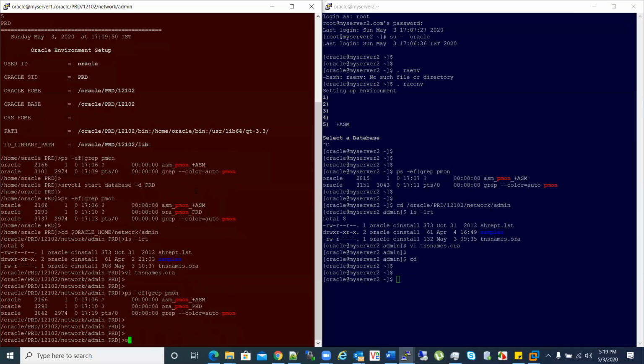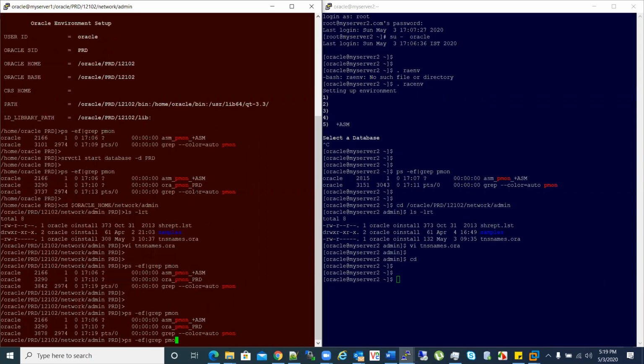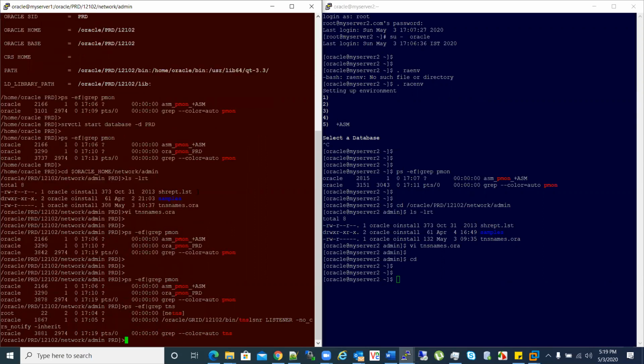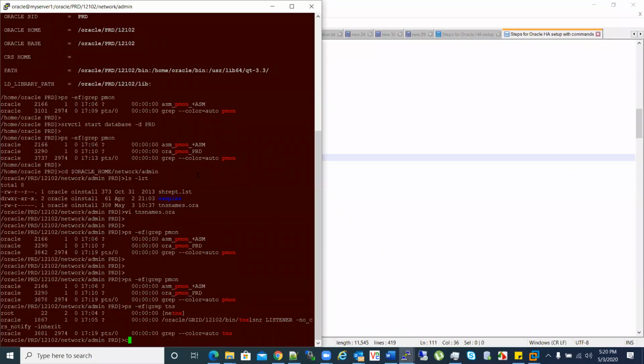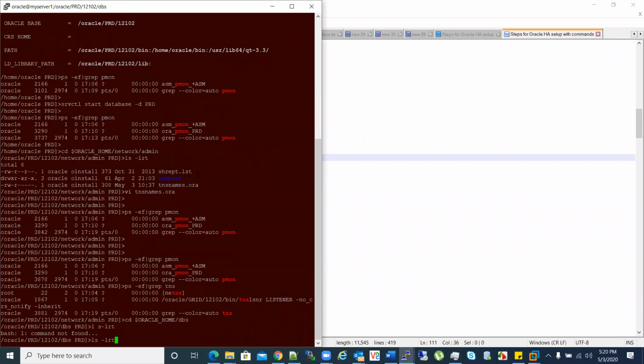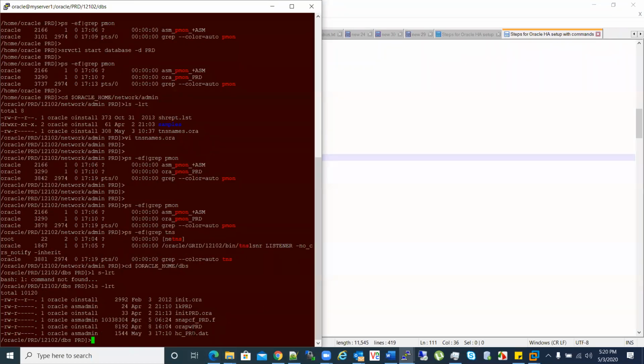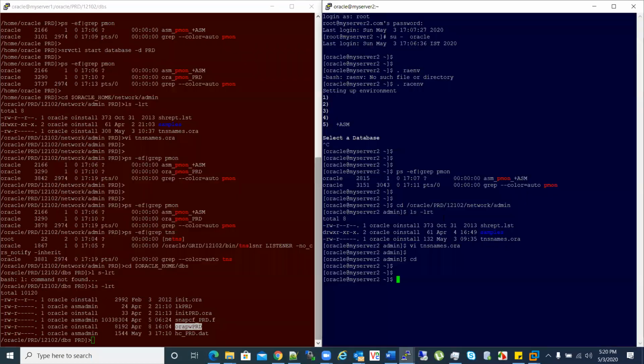Next thing is here I'm using listener grid. Okay, so if you run -DNS, so I'm using grid listener here. Let me check if I have already password file created in DBS location in primary database. I have this password file which I am going to copy to the DBS location of